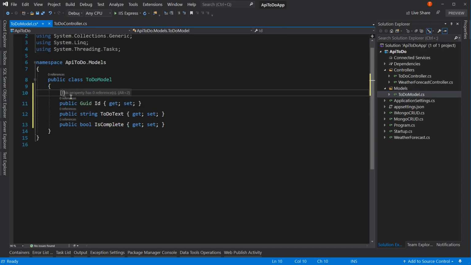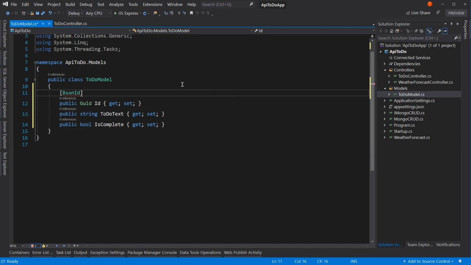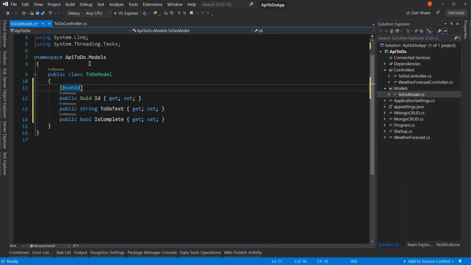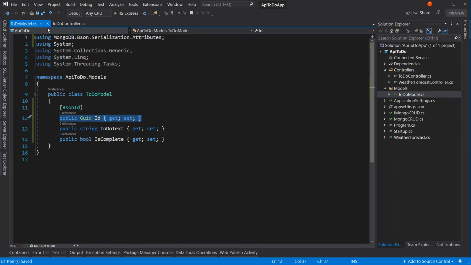Now I do need to say that this is a BsonId. Control dot to add our using statement for MongoDB.Bson.Serialization.Attributes. What this does, it just tells MongoDB that this is the unique identifier for the record. So now that we have that,